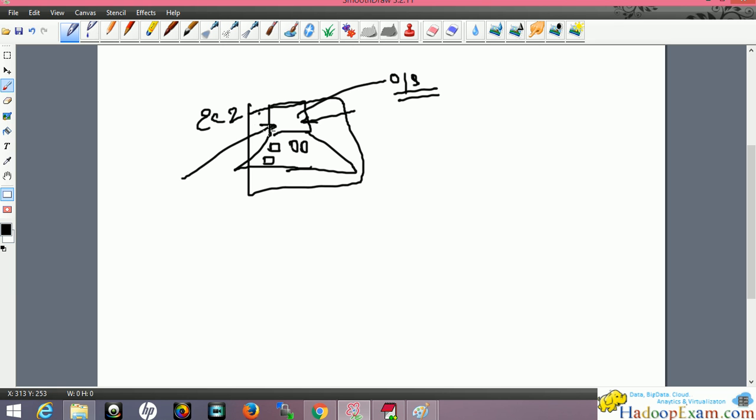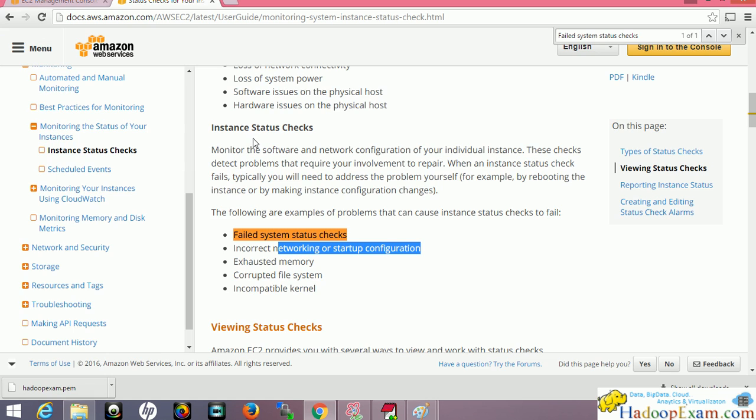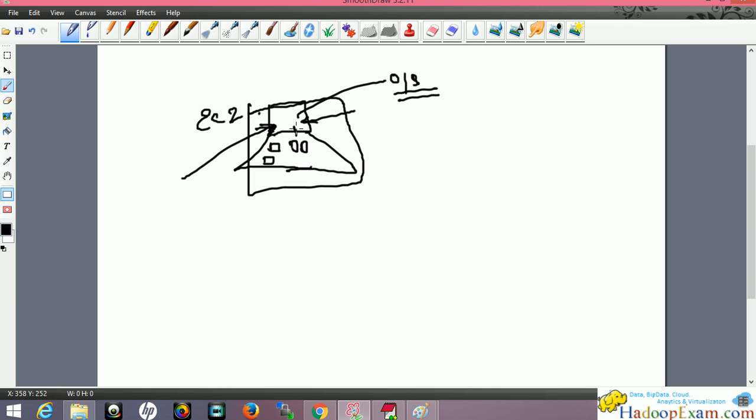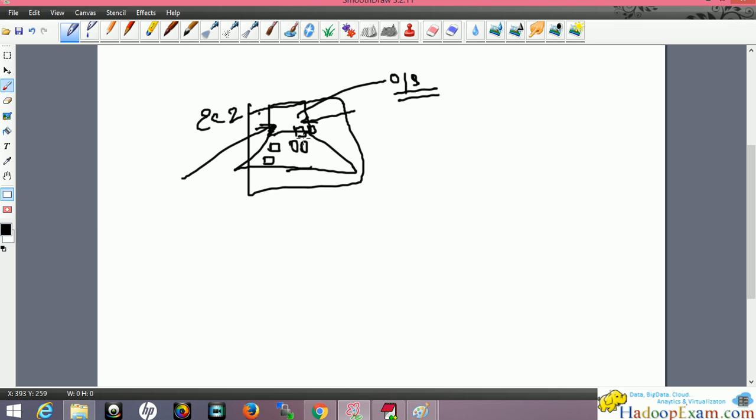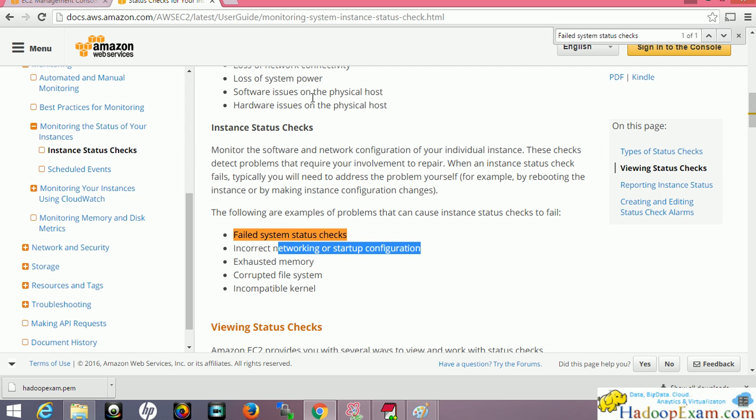The memory is not enough to process your request when a user is doing something. Corrupted file system, where the files stored would be corrupted. And incompatible kernel, where the kernel is not compatible with the virtual machine you have created and the operating system, so this kind of instance status